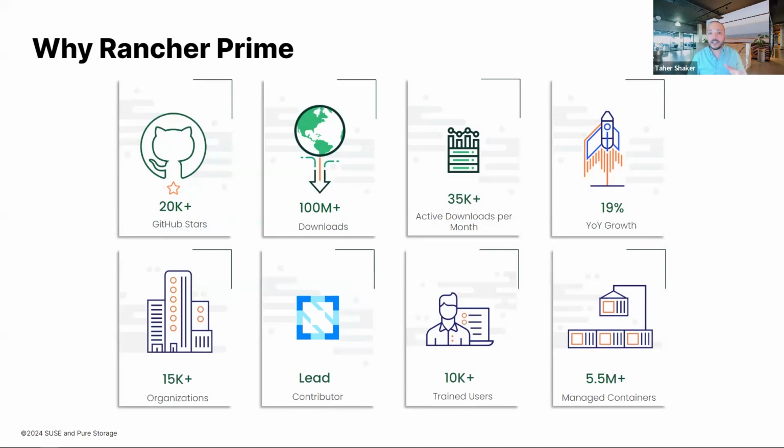We have 15,000 users and organizations using Rancher Prime. We are one of the lead contributors in the CNCF. We have a lot of people trained on Rancher Prime, 10K plus trained users. And up until this moment, there are more than 5.5 million containers running on Rancher Prime. So Rancher Prime does provide you a lot of value. It helps so much with day 2 operations, as well as day 1 and day 0. When we're going to concentrate on data,